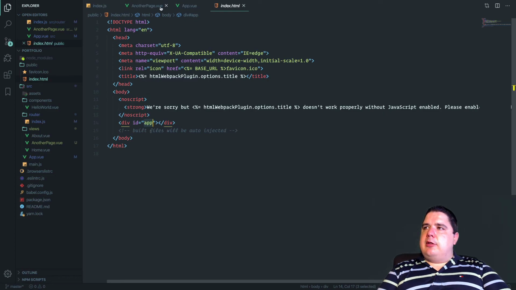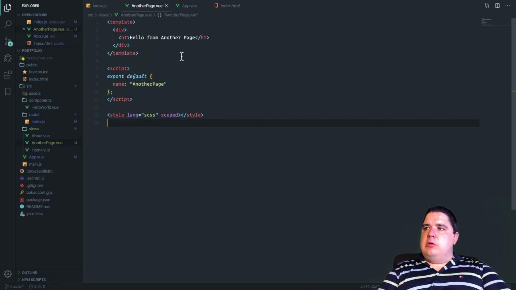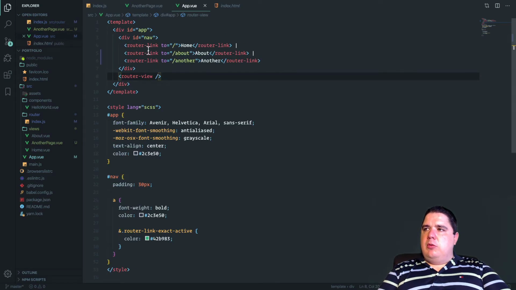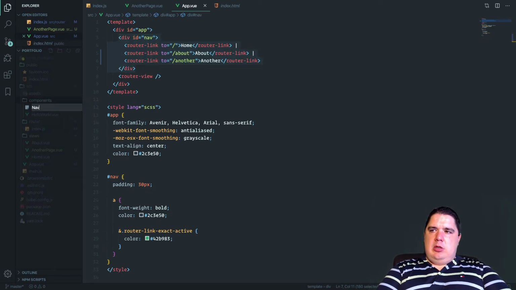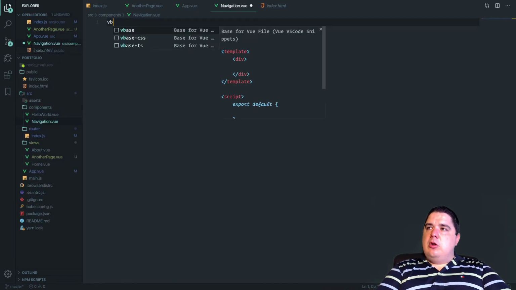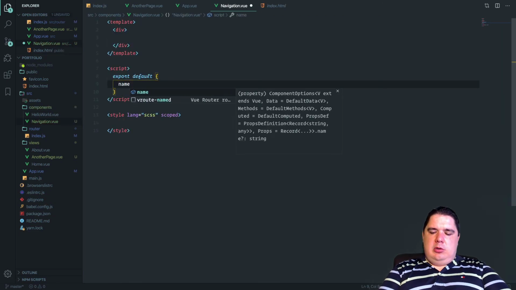So one last step that I want to do in this really quick video. Let's go to the application. We have this navigation section here. Let me say that I want to clean up my code a little bit, and I want to use this in another place. So I can just copy this. Let me go to components. I will put navigation.vue, and we'll call this one